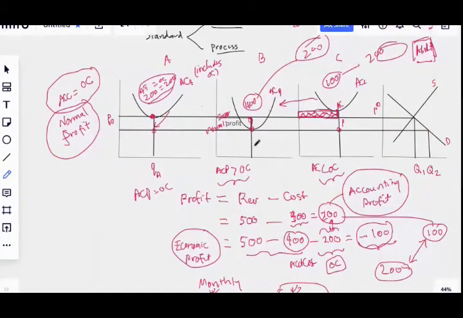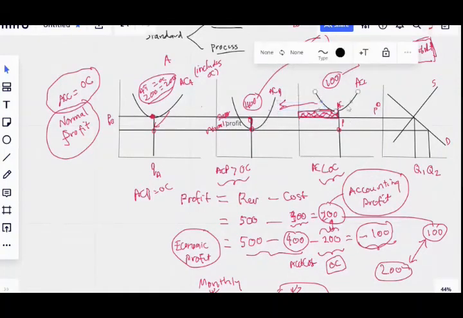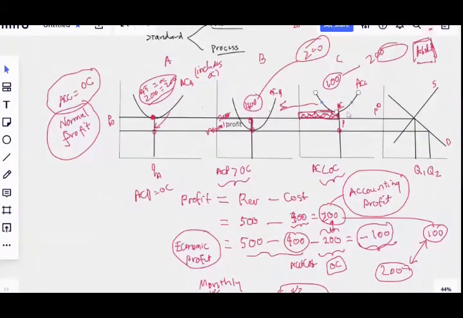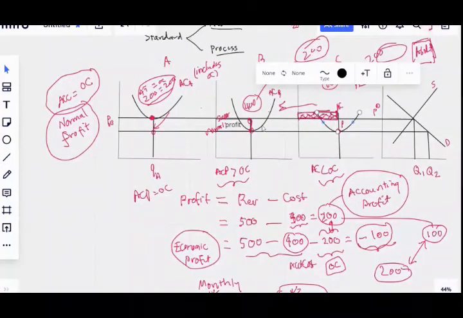And now watch carefully what happened. Why did this fellow, think about this fellow, why did he move to this fellow? So when he was choosing what to do, you said he should choose B. So whom do you choose? You choose the fellow who is earning supernormal profit. So you start copying the person who is earning supernormal profit. Agree or disagree? So your strategy would be to copy this fellow because he is earning a lot of profit.